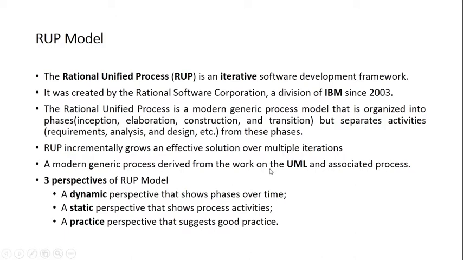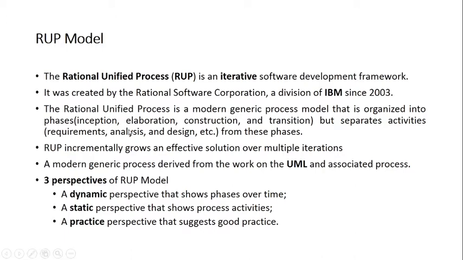Apart from that, the third important factor of the RUP model is that it uses several tools. IBM has given us tools with the name Rational, like RAD, RSA, Rational Functional Test. So many tool sets are there which IBM has given, and we depend on these tools to deliver your product in less time.